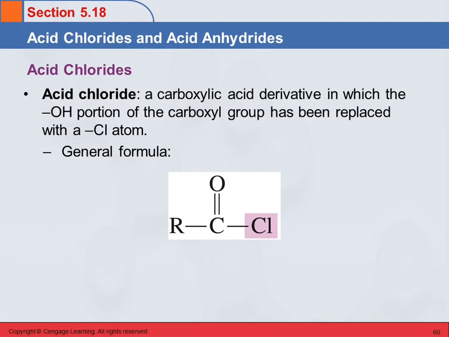Acid chlorides. So an acid chloride is a derivative of a carboxylic acid in which the hydroxyl portion has been replaced with a chlorine atom. So the general formula is like this. With the carboxylic acid,